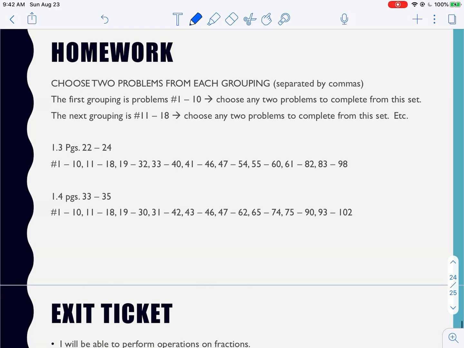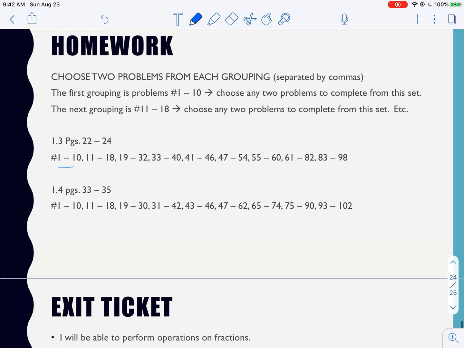So gentlemen, for your homework, you have 2 sections, but it's the same as before. So you're going to choose 2 problems from each of the number groupings in 1.3 and 2 problems from each of the number groupings in 1.4. If you guys have any